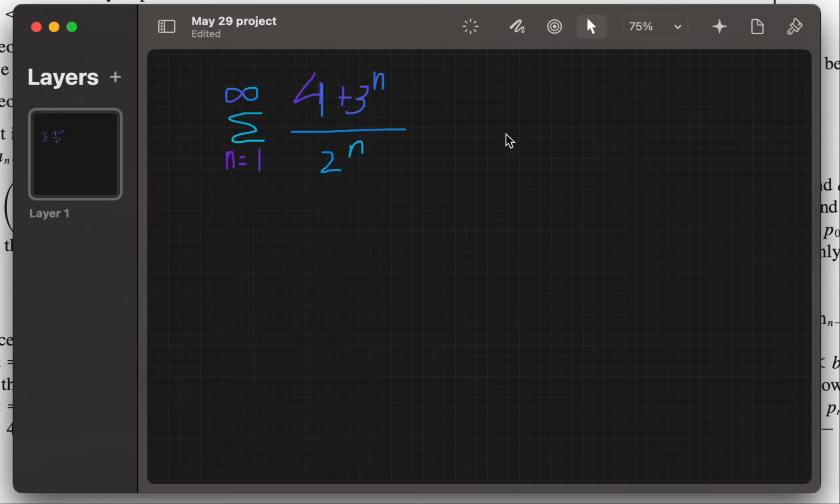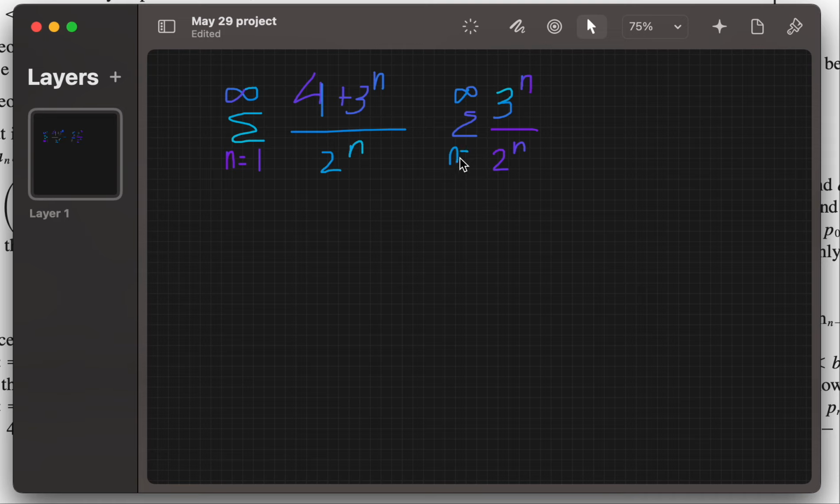So notice that a really good series to compare it to would be something like 3 to the power of n over 2 to the power of n,